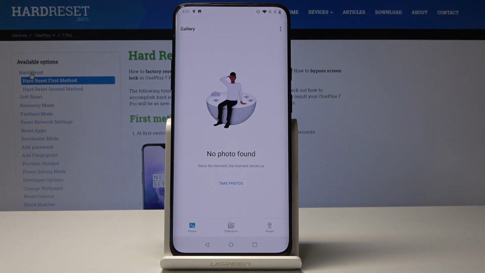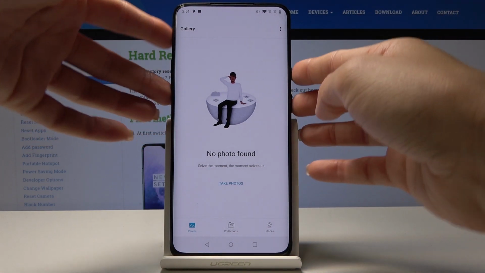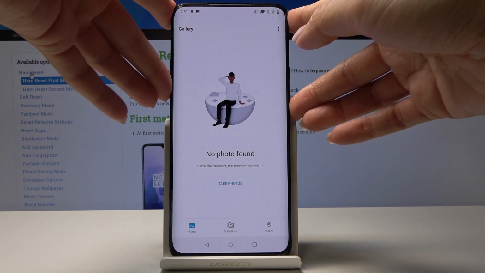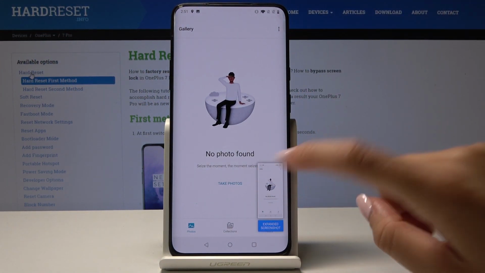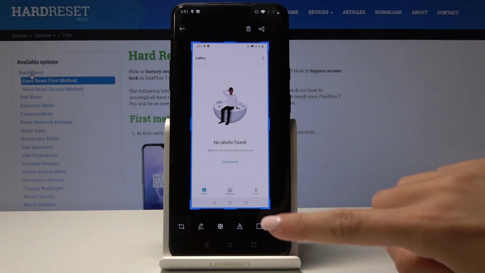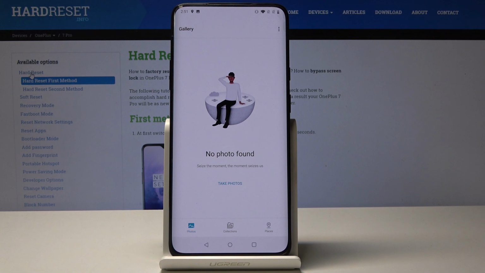For example, if you would like to show someone that you have no photos in your gallery, just tap on power key and volume down key and hold them all together for a while, just like that. And as you can see, here is your screenshot. You can open it just by tapping. You can change the size of it, you can edit it, then you can delete it or share it with